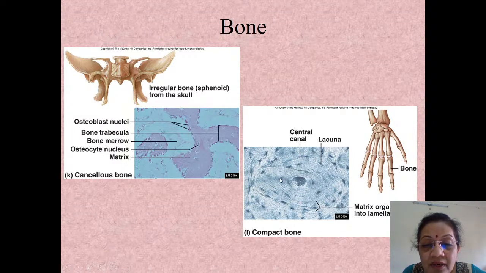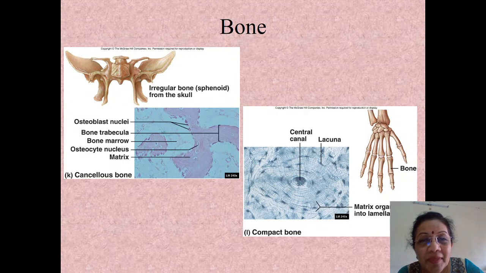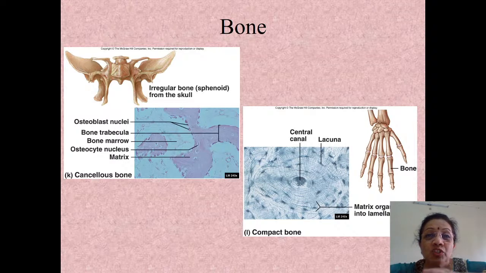This is one layer, outside of that is the next layer, then the third layer, then the fourth layer, 4 or 5 layers which make up one set. So these 4 or 5 lamellae, lamella being a Latin or Greek word for layer, these 4 or 5 layers of osteocytes in a concentric pattern around a singular central canal,